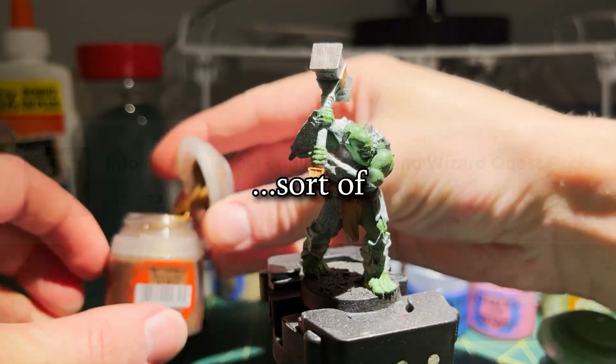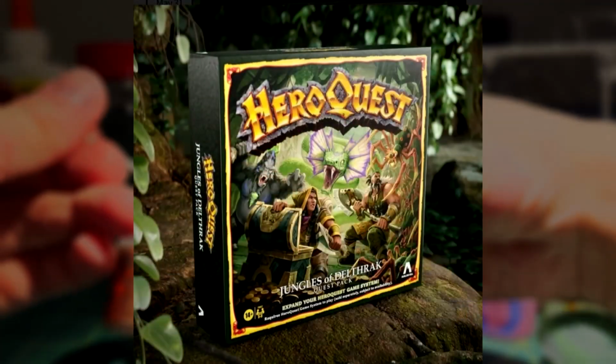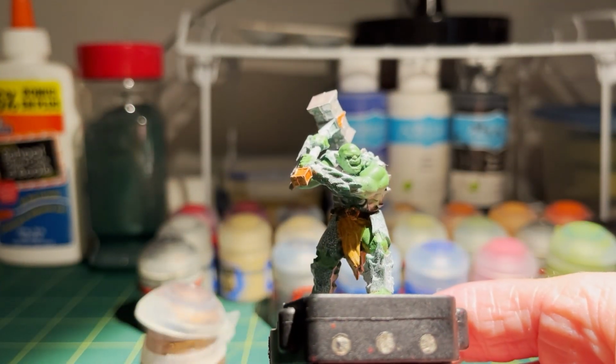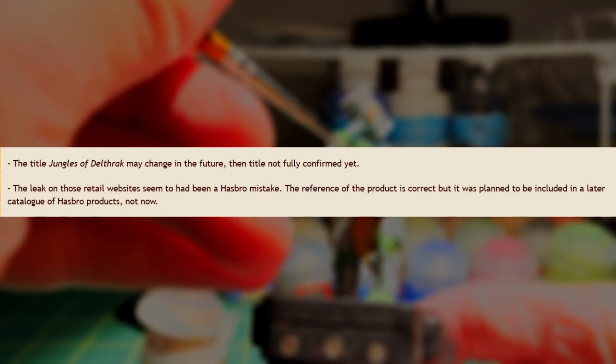The infamous dwarf quest pack is a real product now. I, of course, am talking about Jungles of Delthrak. And this quest pack has had an interesting history, because it just started out as a name from a retailer,